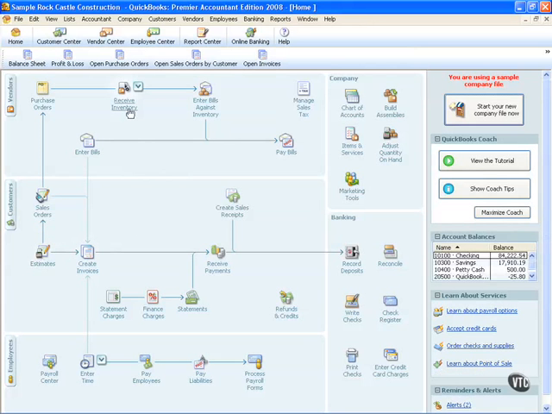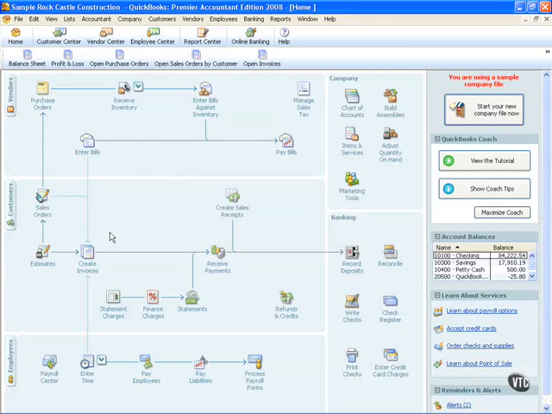If I have obsolete inventory, for instance, that I want to delete, if there is an open purchase order, I cannot. Nor can I delete it if there's an outstanding sales order that affects the purchase order, that affects the inventory. The same thing will hold true with my customer file. If a customer has a sales order, an estimate, or an invoice outstanding, I cannot clear them from the system. That means we need to do a little work in advance to see what's open and what needs to be